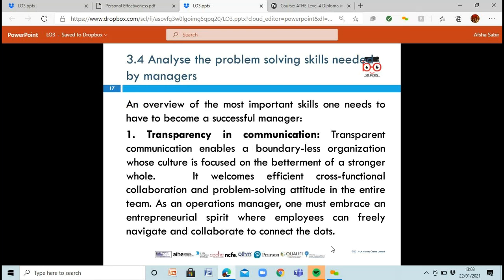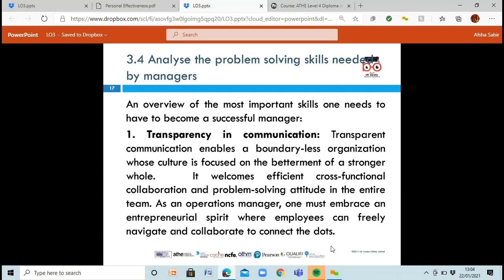So we've got an overview of the important skills that you need to be a successful manager. So transparency and communication. Be open, be transparent. Don't have any boundaries in your organization. Welcome your team members, welcome their views. Be open about what you're saying, so you can have cross-functional collaboration, where you're working across teams, and you've got a good problem-solving attitude towards